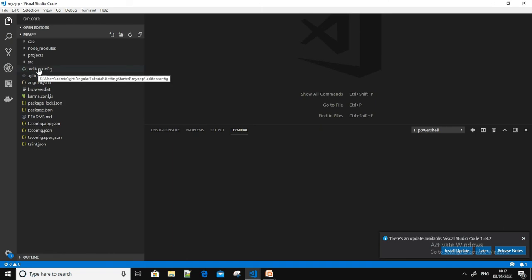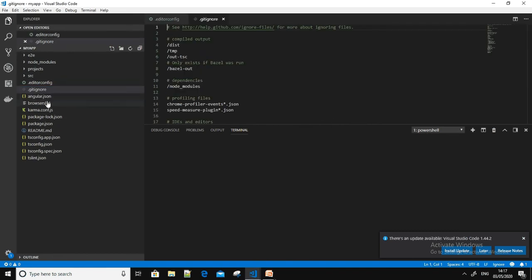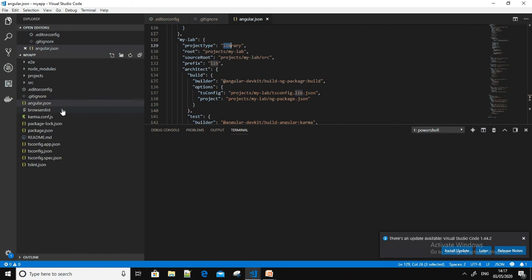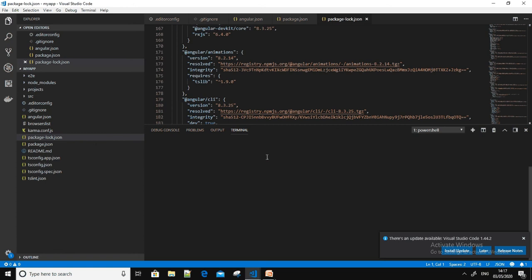The project configuration files are the editor config file, then the git ignore file, then the angular json file, which has the project related details, then the package json file, which has the details of all the dependencies needed for the project, then the package lock file, which provides version information for all packages installed into the node modules folder.